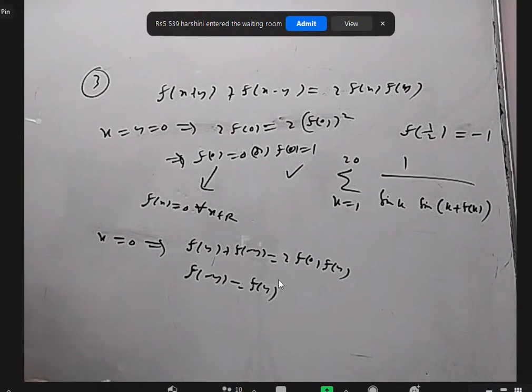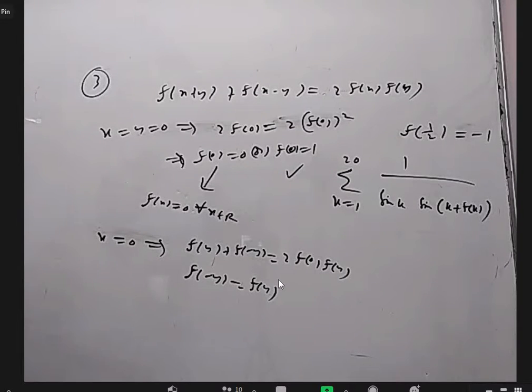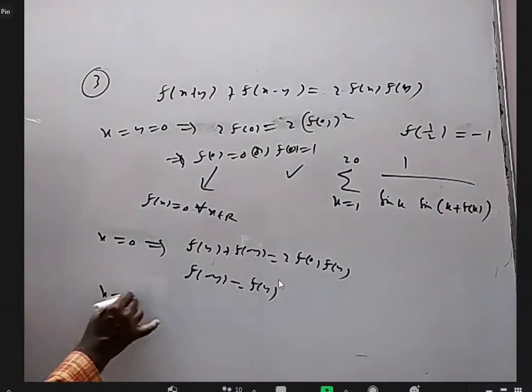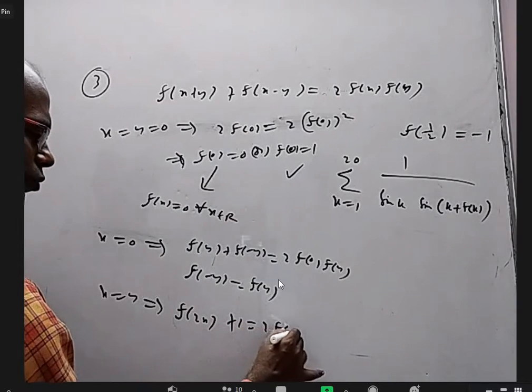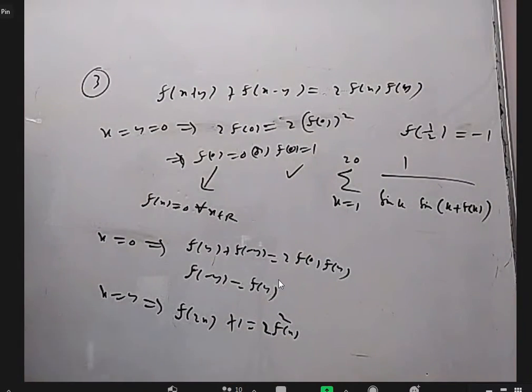What if I put... I want to prove at every integer it is 1 without using cos x. Just I was thinking about it. If I put x equal to y, what happens? F of 2x will come. F of 0 is 1. I'll get 2f of x square. This is like cos 2 theta is 2 cos square theta minus 1. Yeah, there is a proper way to prove it is cos x, but I'm just thinking, is it necessary to prove cos x? I just want to prove f of every natural number is 1, that much only.